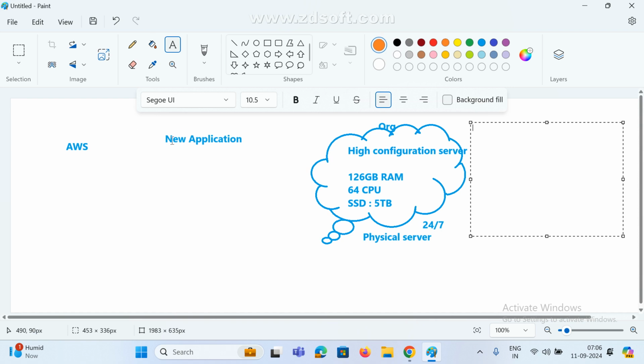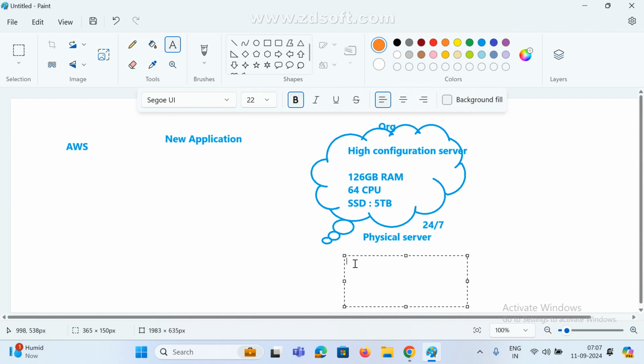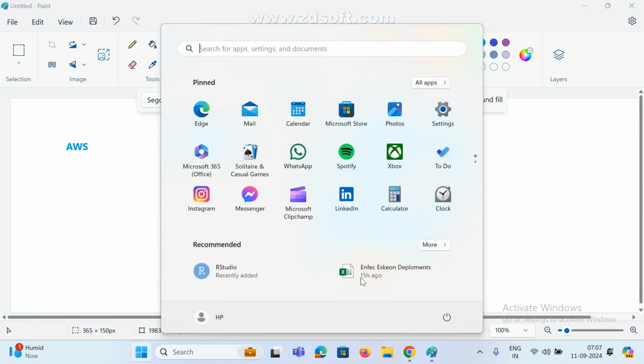So for example, I am using only 16 GB RAM, and my laptop configuration, I don't know, I forget.